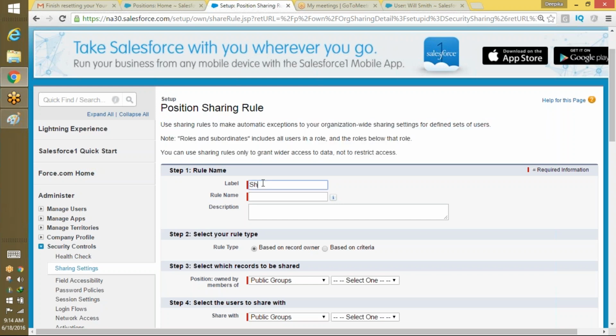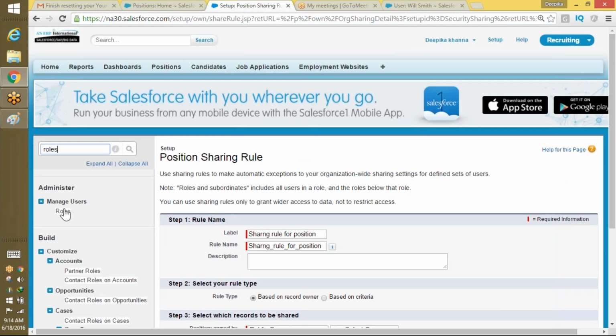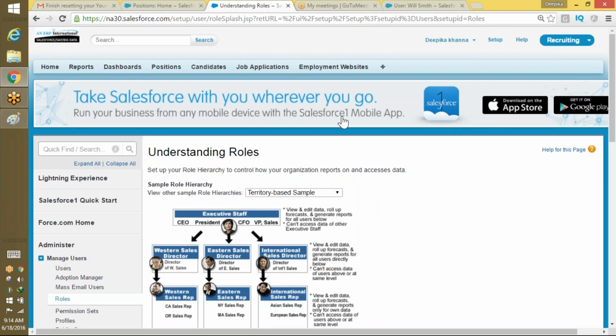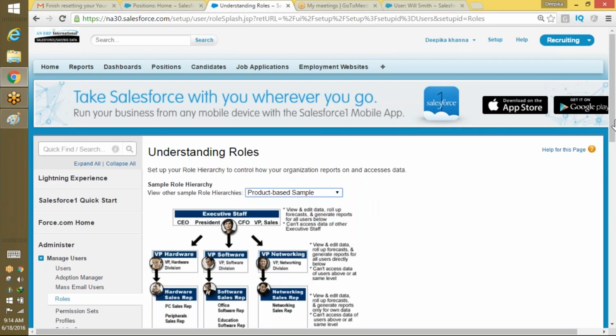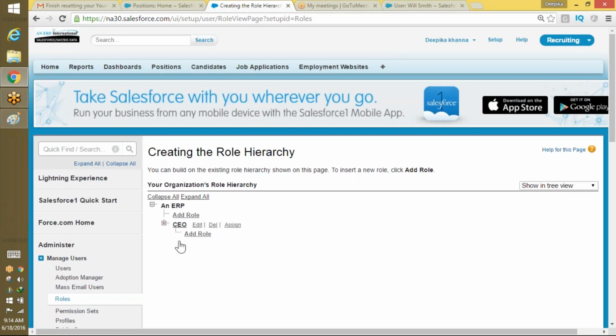So let's say a sharing rule for position. Before jumping into that, we need to go back to the roles. We'll change the roles now. We'll go to the product-based sample, set up roles. Right now you are reporting to people, right? So what I'm going to do here is